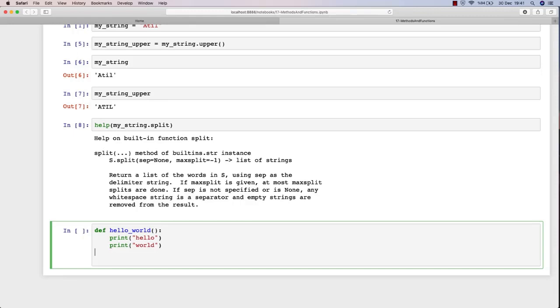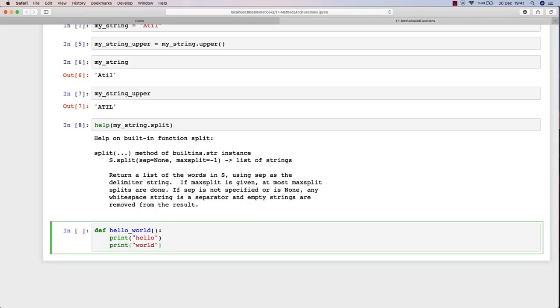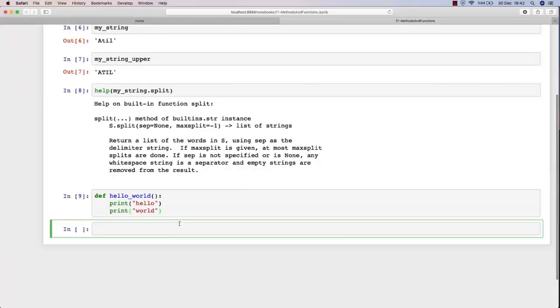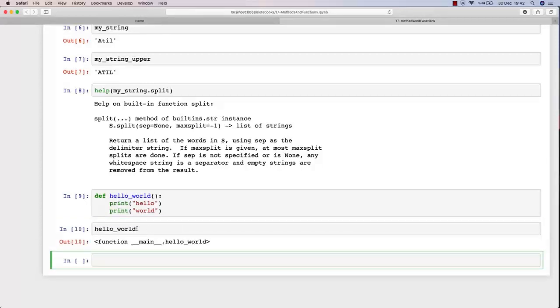hello and world. If I add a new line here and define another function, the previous function will be finished, okay? I have to write with an indentation below this function in order to execute my commands in this function, okay? So right now I'm going to call my function. I'm going to say hello world. I'm not putting any parentheses at the end, and as you can see, this is a function stored in main